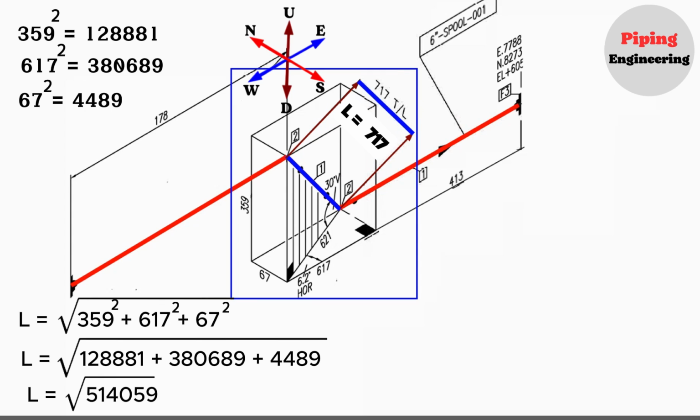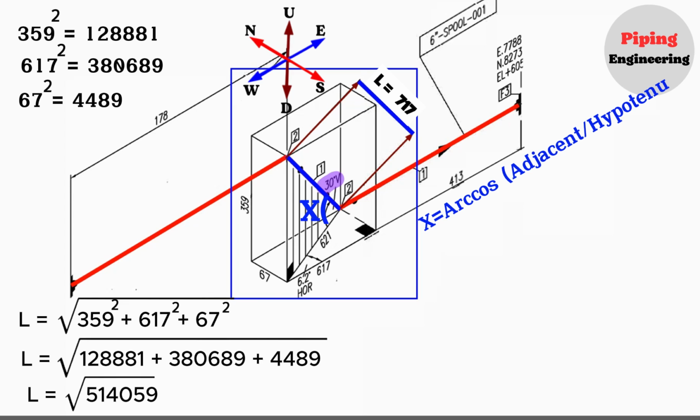Now, let's verify the accuracy of the elbow's degree, which is shown as 30 degrees in the isometric drawing. The degree of the elbow will be determined based on the right triangle formed by these dashed lines. To calculate the degree of the elbow, we will use this formula. X degree will be equal to arccosine, adjacent divided by hypotenuse. In the right triangle formed by these